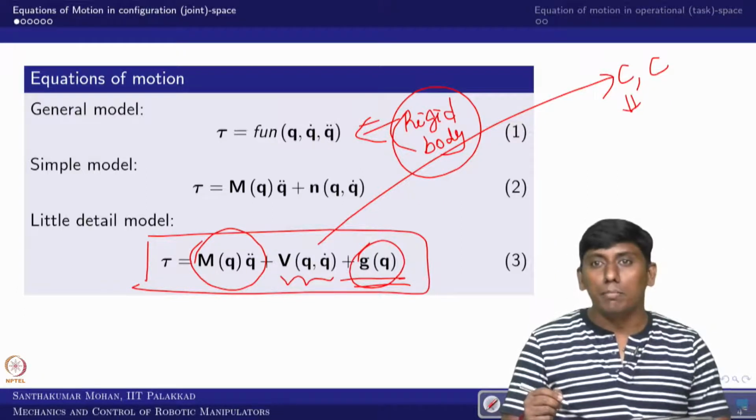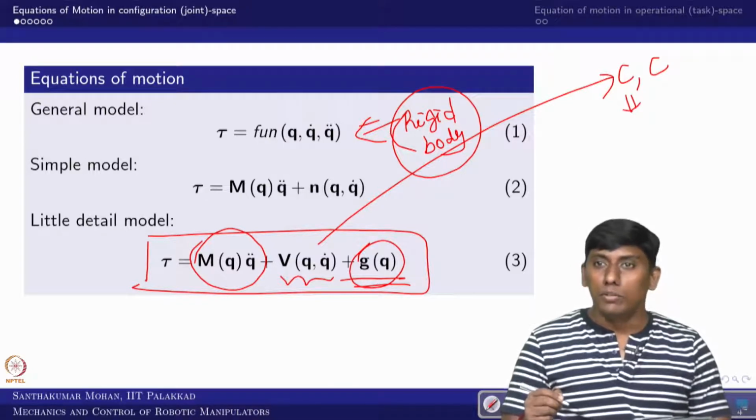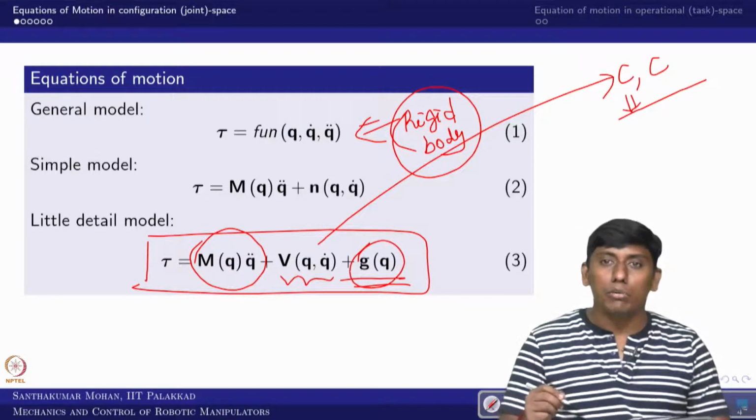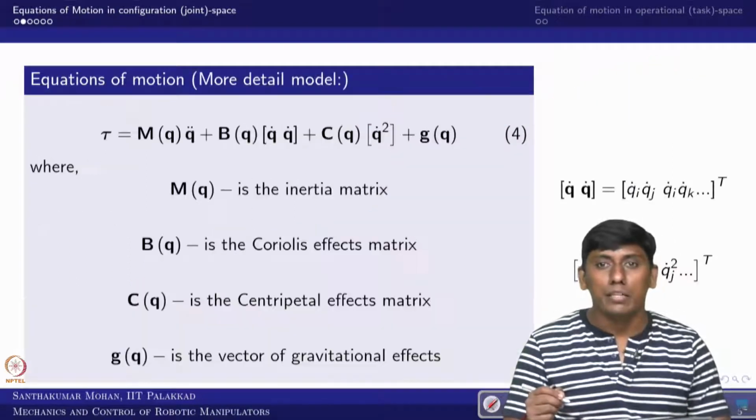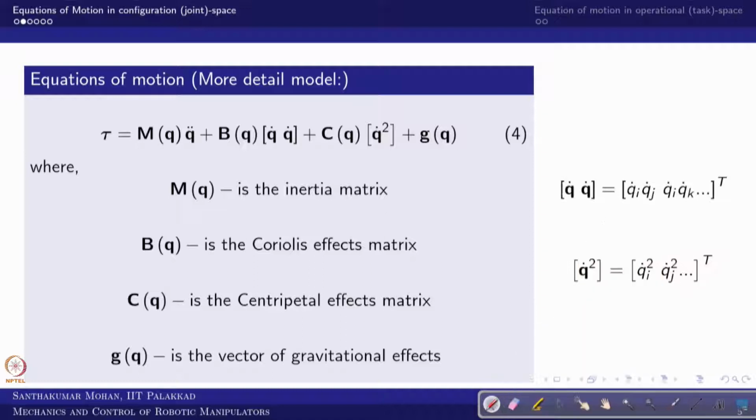So in the sense, the dissipative or conservative forces we have not seen. So in that sense, the frictional term directly will not be coming. So we will see how the other terms can be divided. In that sense, what one can see is that the equation of motion can be further detailed, where you can see that the V of q comma q dot is further divided into two different terms.